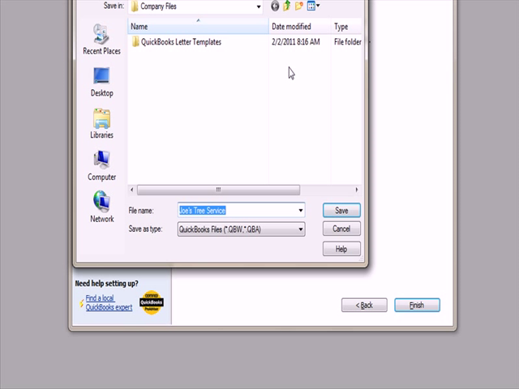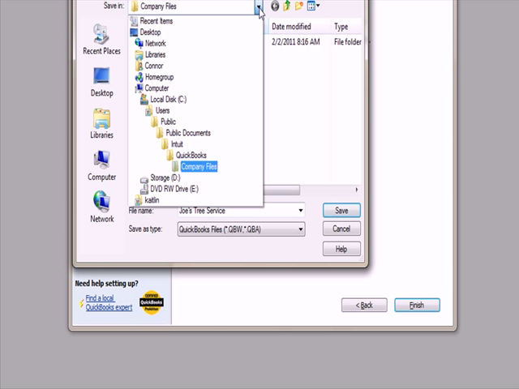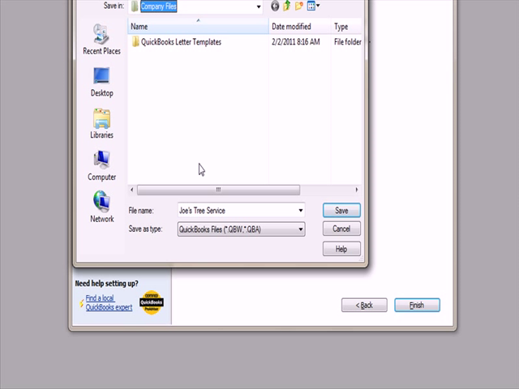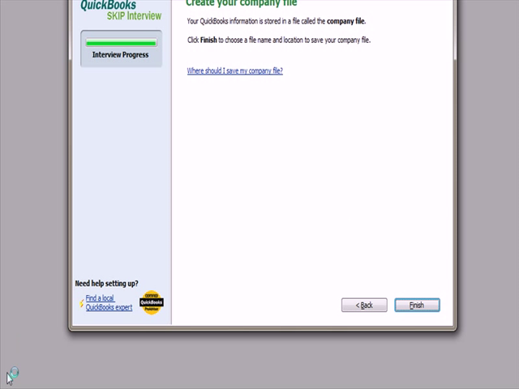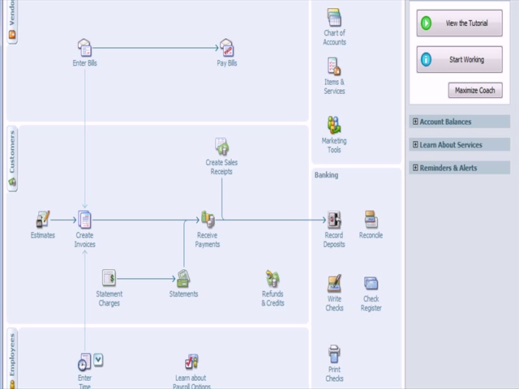and we can see that in my company files, if I click my download, it's in my QuickBooks Company Files. There's some templates here that we can talk about later, and you can see that my company is Joe's Tree Service, so I'm going to save it. When I hit Save Company File, it took about 30 seconds to create a new company,